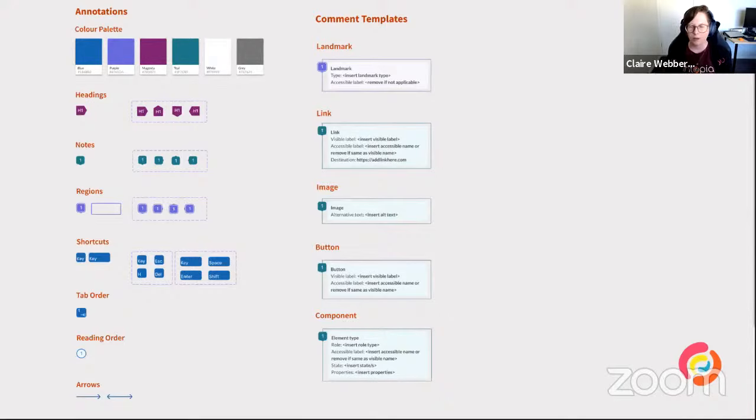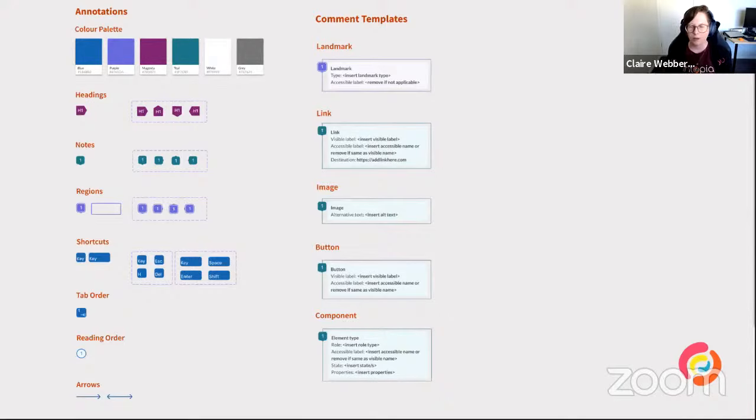All right, so let's first of all talk about page regions. So page regions are pretty simple. We want to group content into common regions like your header, your main content, your footer. You might have a few different navigation elements, or regions on a page. And sometimes you might even have some complementary content that actually complements the main content.